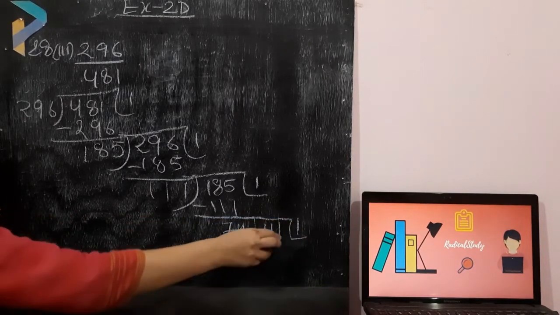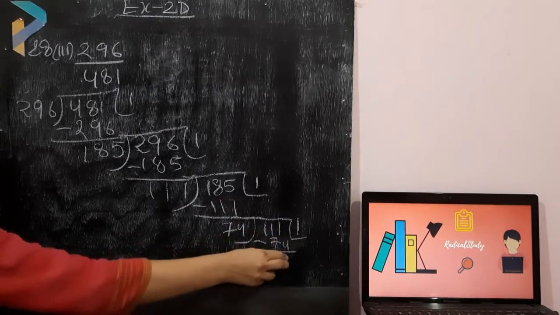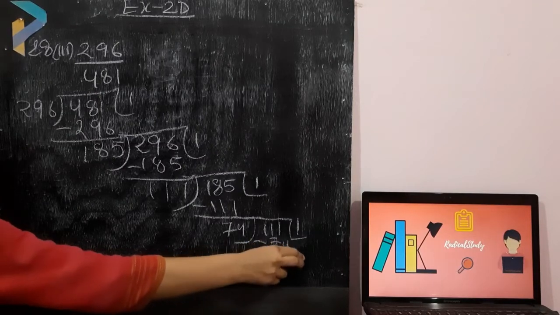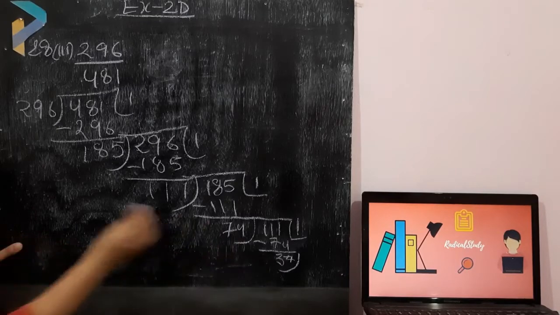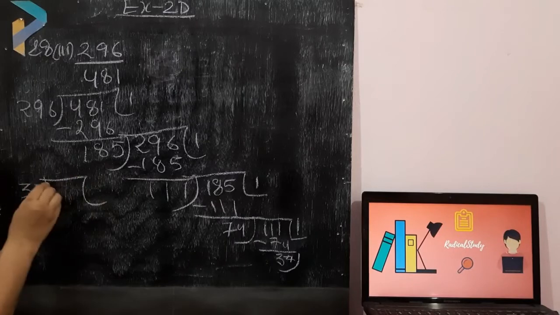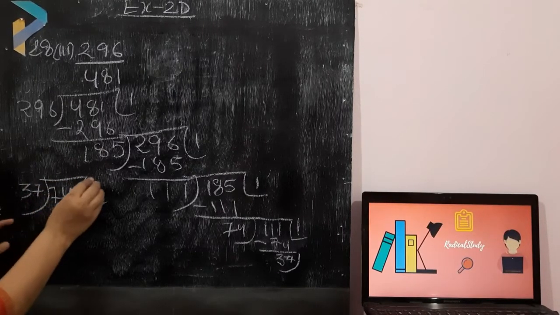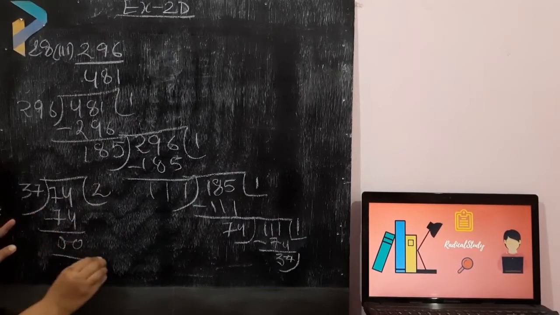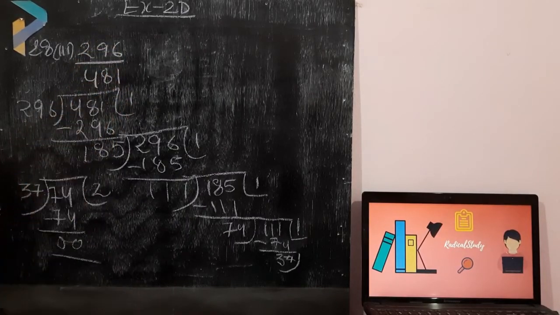174 ones are 74. We have got 37 as the remainder. Now 37, as there is no space over there, so I am multiplying here, dividing here. 37 will be divided by 74. Now 37 twos are 74. We have got the remainder 0. That means the HCF of these two numbers is 37.